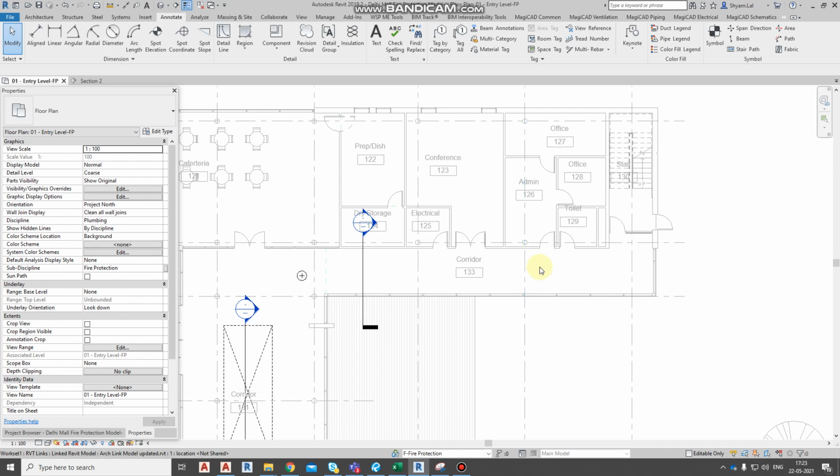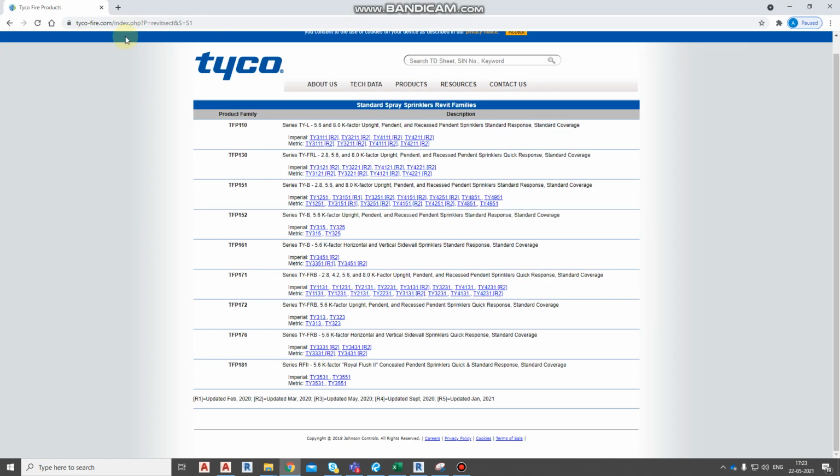Now what we require is the sprinkler family. You can download the sprinkler family from the internet. Go to the Tyco website, type tycofire.com. Here in the technical data you see the library, the BIM library, and you can download the family. Here all are Revit families. In the false ceiling area we are providing concealed pendant sprinklers.